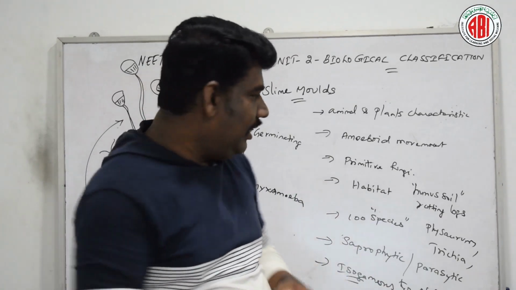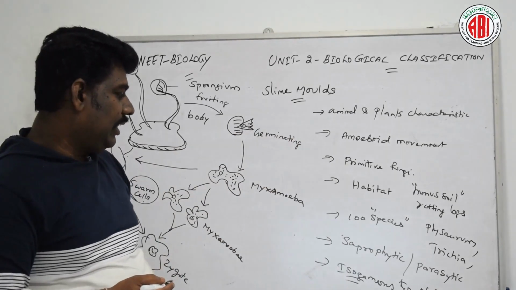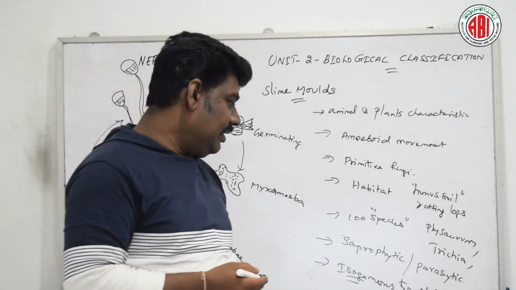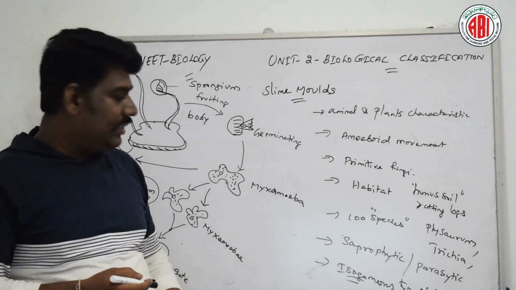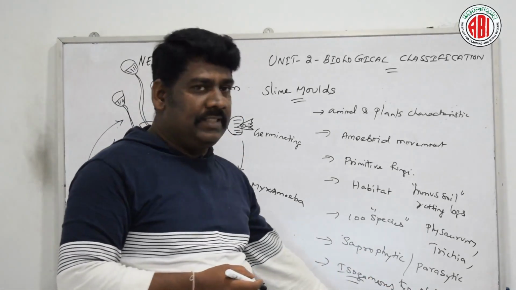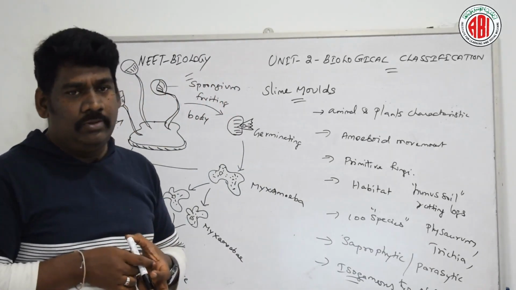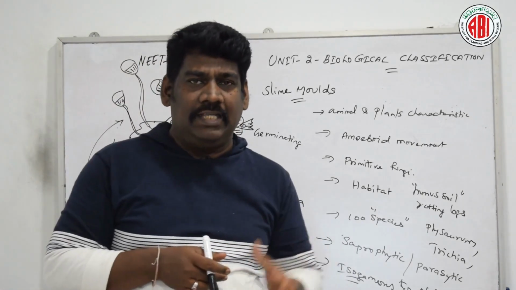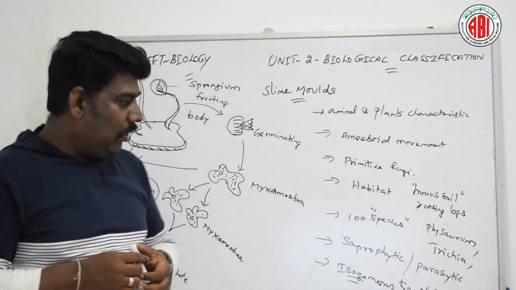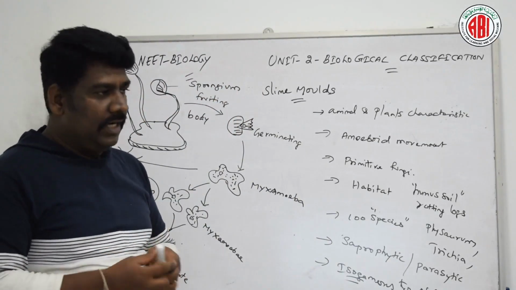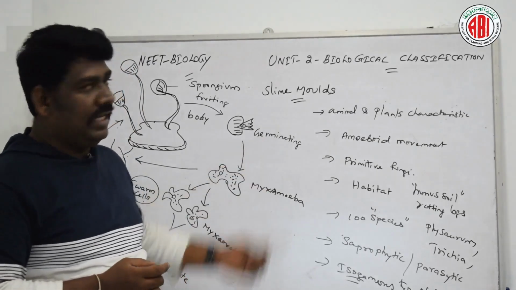So these are the major characteristic features of slime molds. Okay, talking about nutrition, saprophytic; talking about reproduction, sexual reproduction by means of the isogamous method. And mostly the organism is colorless, and a few examples show yellow, orange or brown color in nature. So these are the major characteristic features of slime mold.